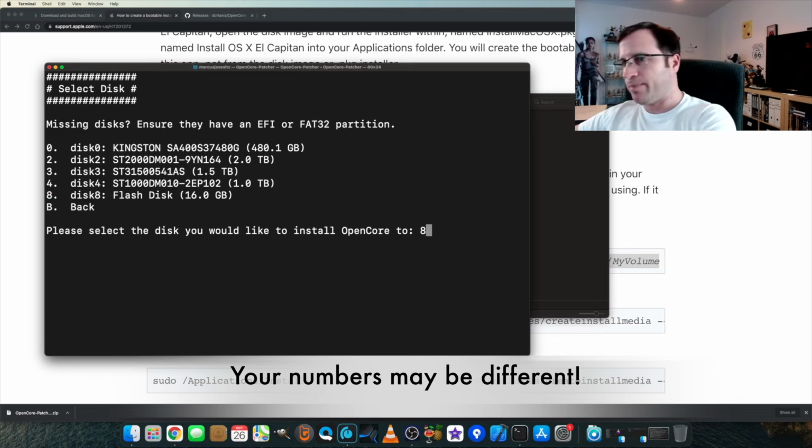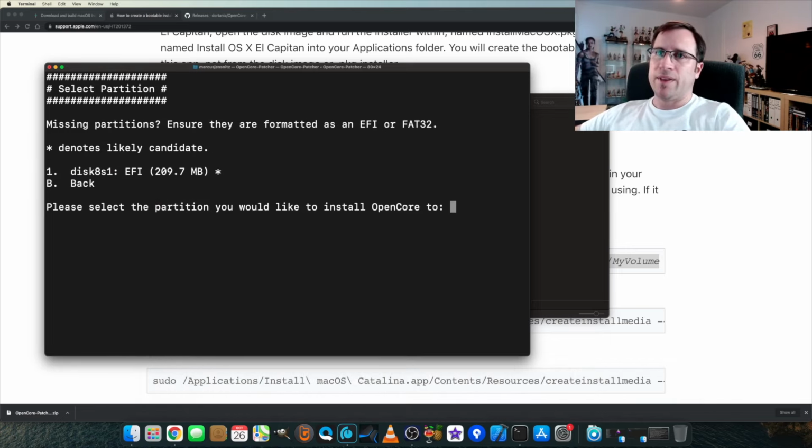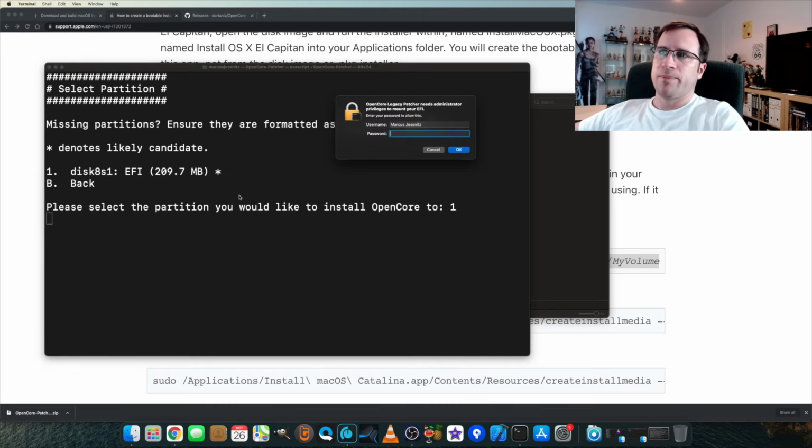So we say 8, hit return, and then we have to choose the EFI partition. That's 1 here. It's already marked with a star because, as it says, the likely candidate is denoted. We say 1, and in the background it's the same sudo scripts that you've seen before.